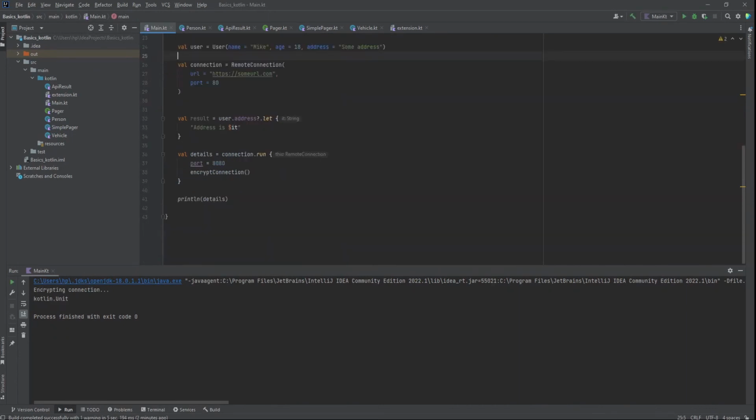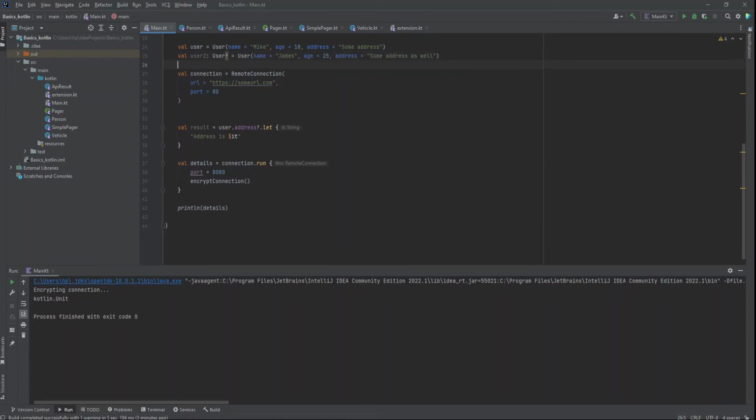Another scenario to use the run function. As we said before, run is the combination of with and let. So basically we can use it as we did with the let scope function to perform operations on nullable objects. Let's create, for the sake of this example, an object user2. Here we can do the same thing as we did before. val result equal user2